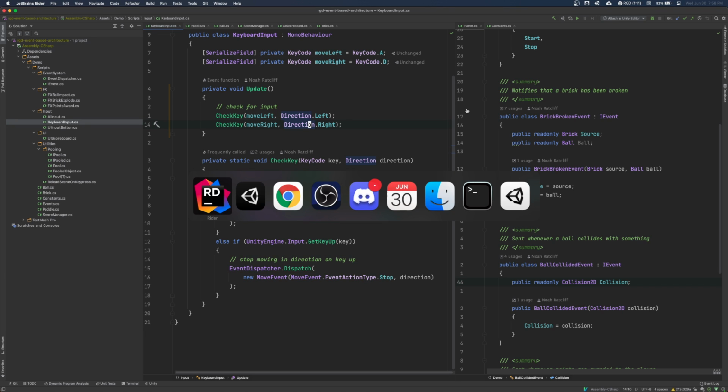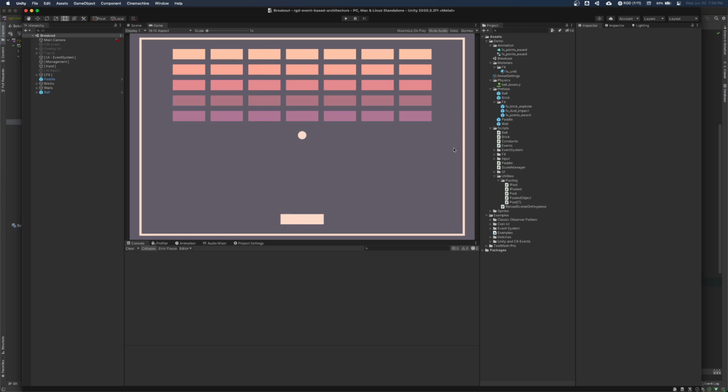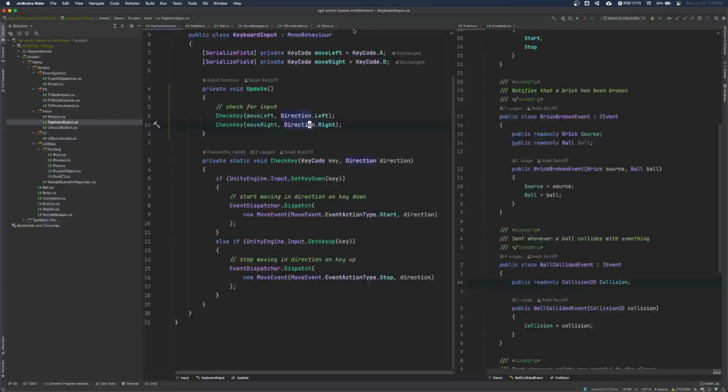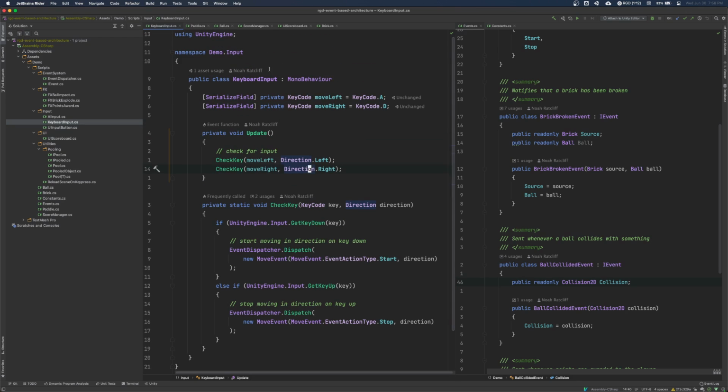That's pretty much the core stuff for this game to work, right? But we're not really doing anything with these events. We're sending them. We are doing a little bit with the input, but we're not doing a lot else. So we'll get into that. And we'll start at the input. So we have keyboard input, and that's cool.